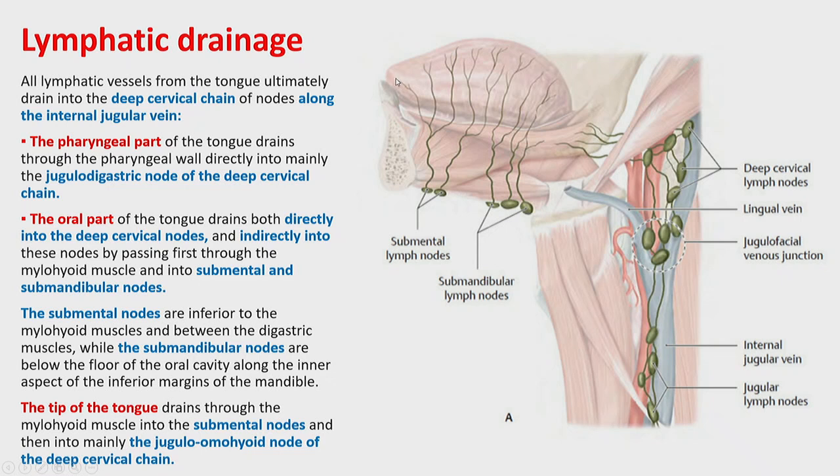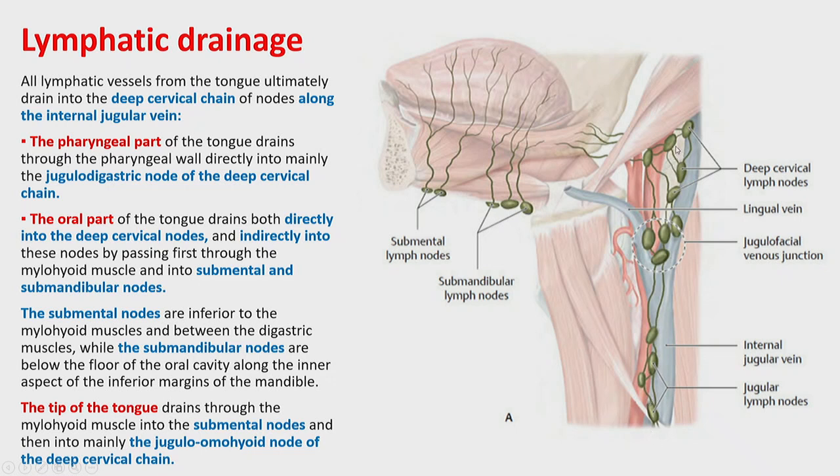Usually the tip of the tongue or apex of the tongue is draining to the submental lymph nodes. The margin of the tongue, usually of the body, is draining to the submandibular lymph node. The dorsal aspect or the pharyngeal part or the root or posterior aspect of the tongue is draining to the group of lymph nodes that, as we mentioned before, are called deep cervical lymph node. And this deep cervical lymph node, you can find it parallel, always parallel with the internal jugular vein, mostly,